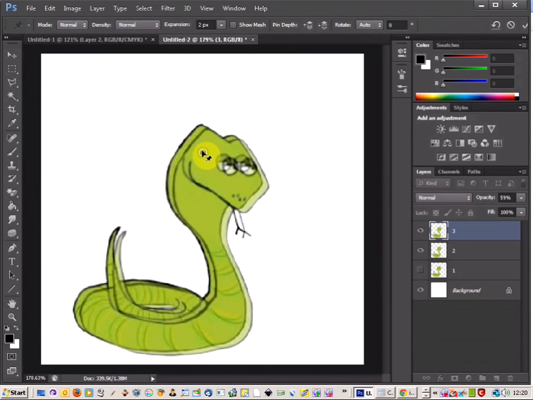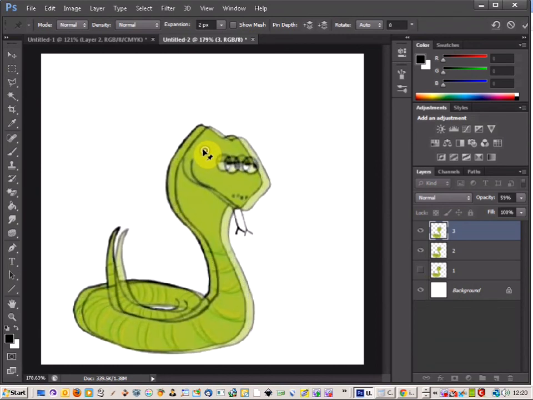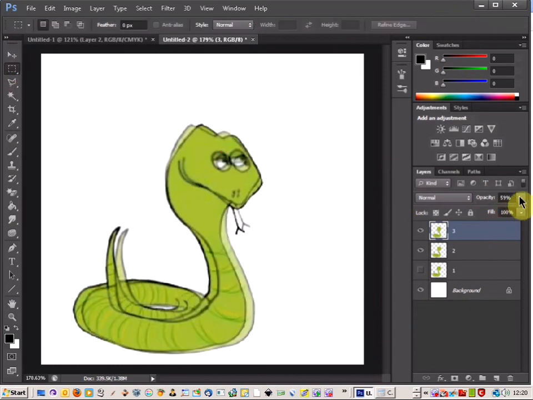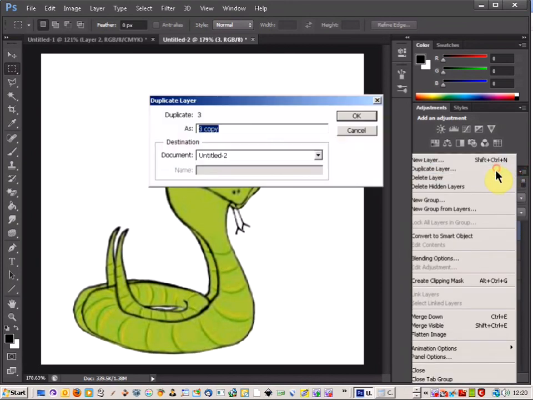So here we go again, just come up to Edit, Puppet Warp, again I press 1 down so I can get the movement there first, and there we go. I'm just going to move him over like that. Now this time I just want his head to move a little, so I'm going to place another pin there, another one here on the body parts to hold those down, and I'm just going to turn his head a little there so he's looking a bit more up. So that's fine, just apply that,